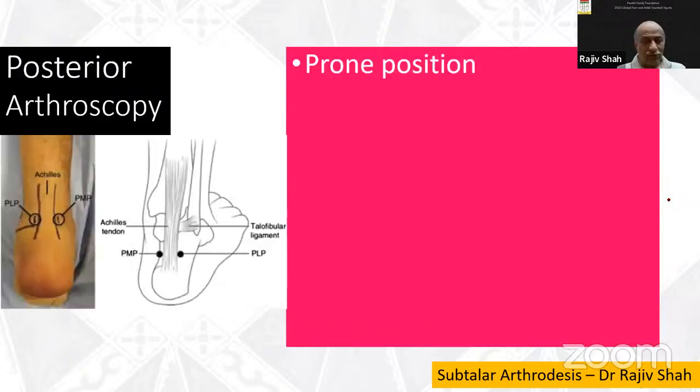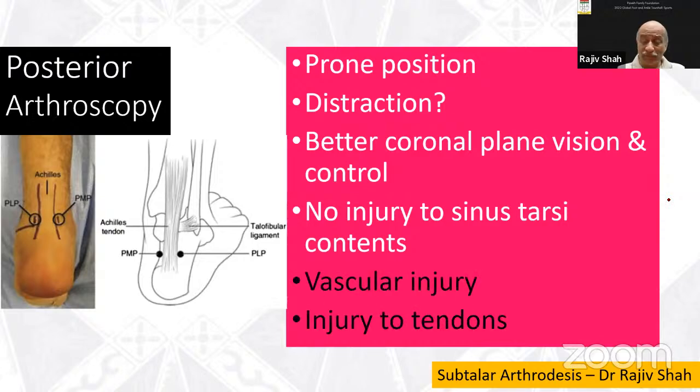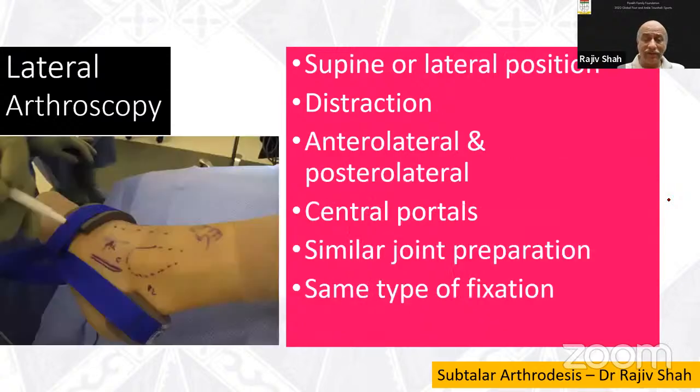And in a posterior arthroscopy, the patient is lying in the prone position. The portals are just by the side of tendo Achilles, and you may not need distraction. You can better control the coronal plane vision. There are no injuries to sinus tarsi content, but if you are not watchful, you may injure neurovasculars with this approach. So injury to the tendon and vascular injuries are common if you are misfiring your entry and your surgical